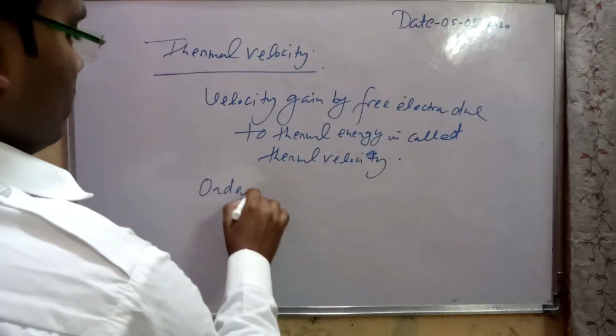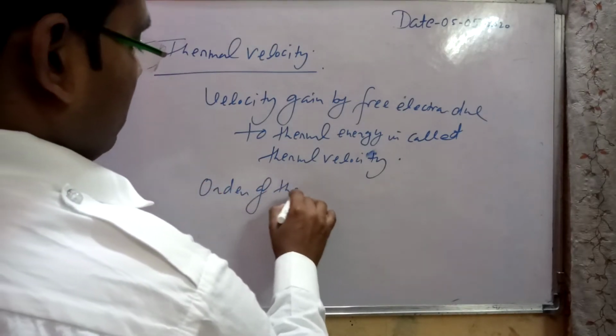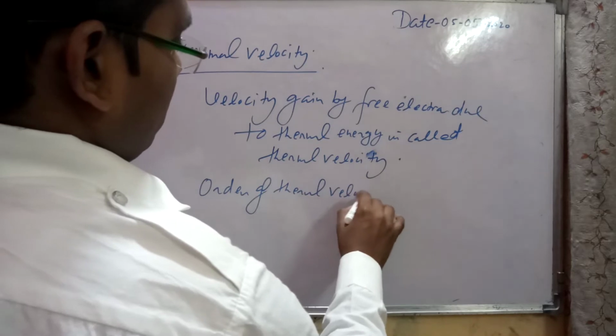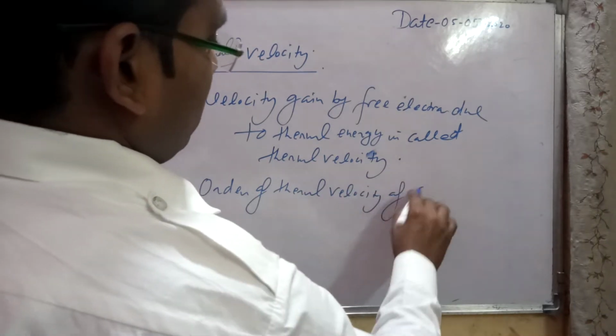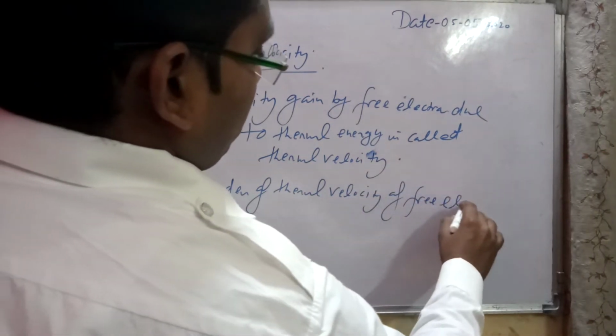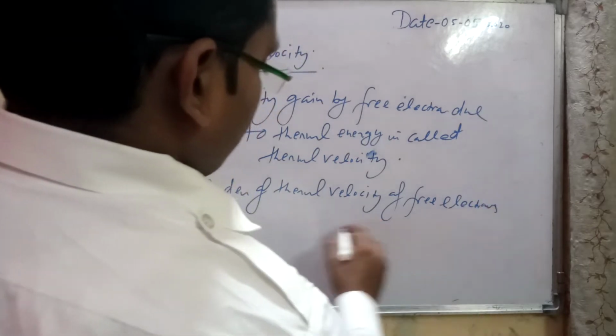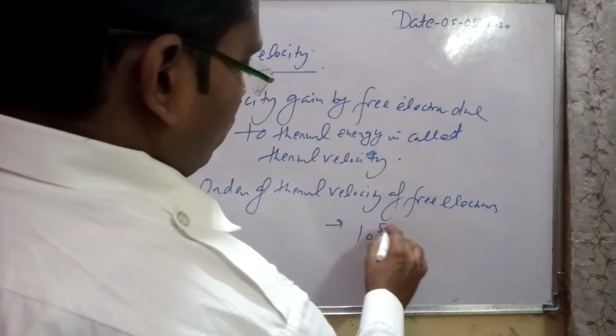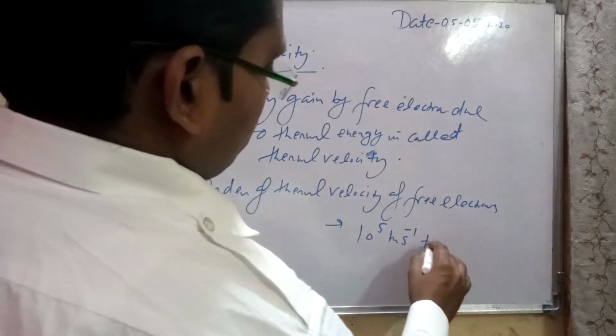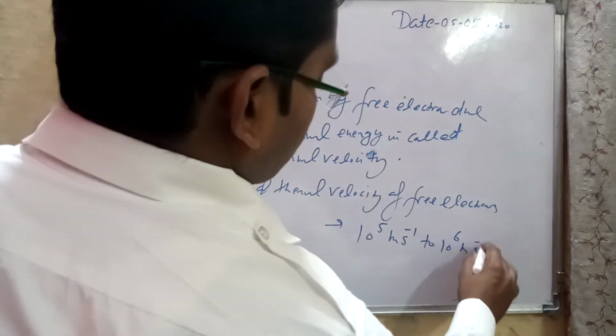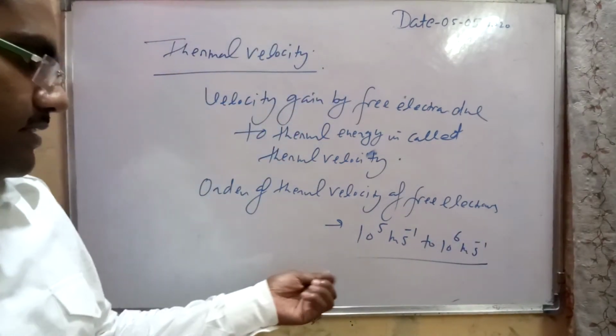Order of thermal velocity: the thermal velocity of free electrons is 10 to the power 5 meter per second to 10 to the power 6 meter per second, like